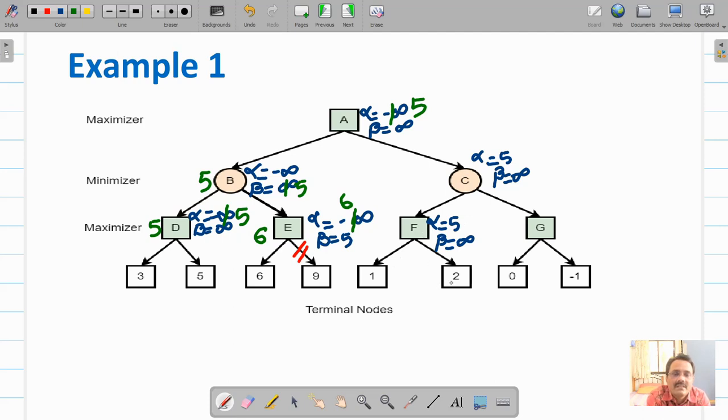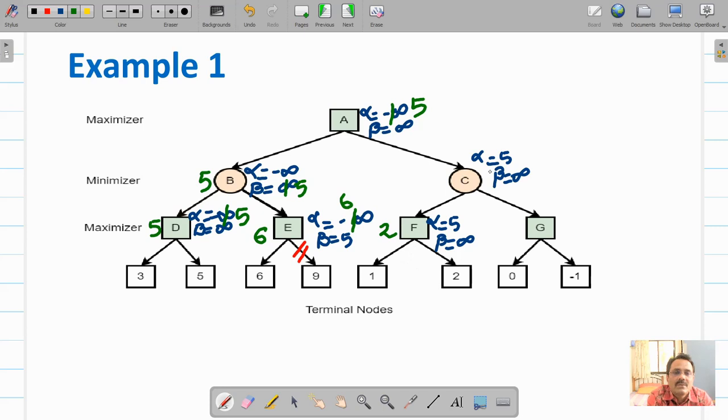Then the next value is 2. Again 5 is better, so the value of alpha associated with F will not change, and the value of node F will be max of 1 and 2. It's a maximizer node, so the value will be 2.